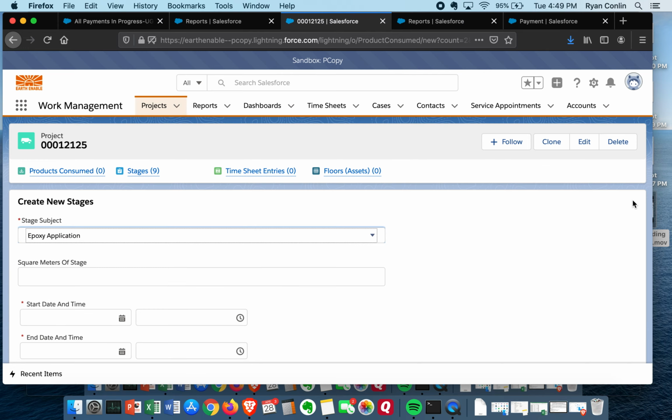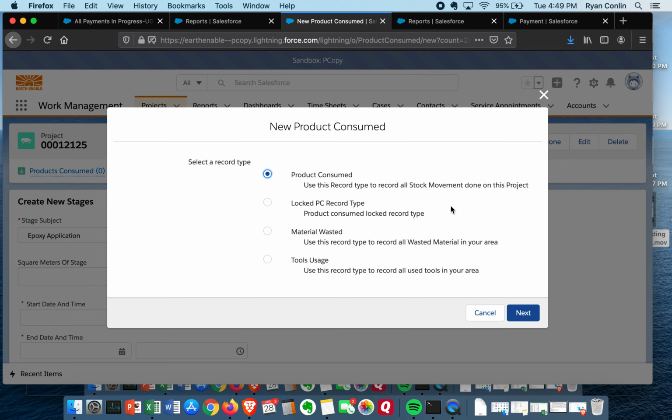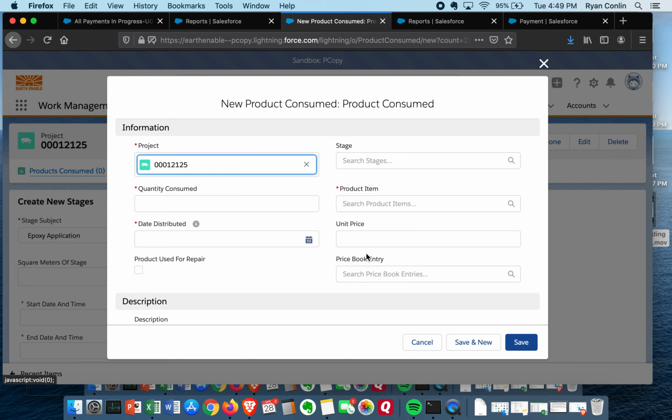Well, putting in a product consumed, so a lot of these won't be available to you or shouldn't be available to you, but if they are, always select product consumed. Those shouldn't be available to you though. You should only have one option. Okay, so once you open a product consumed,